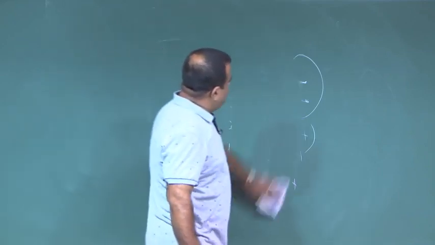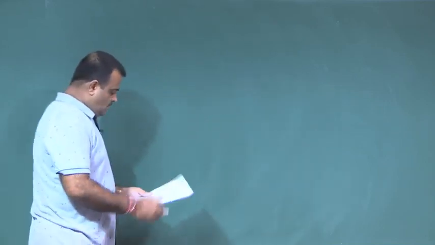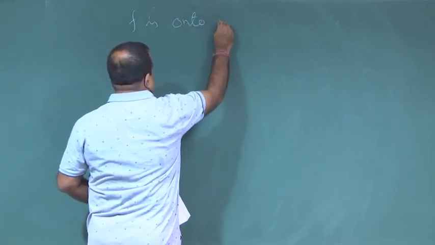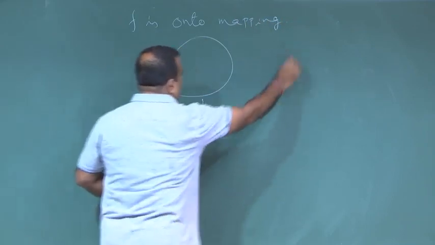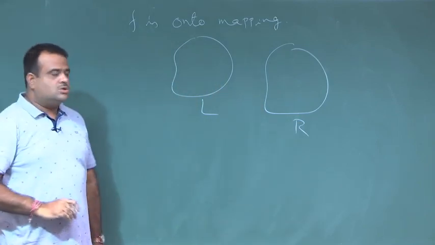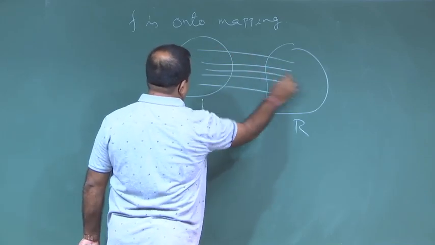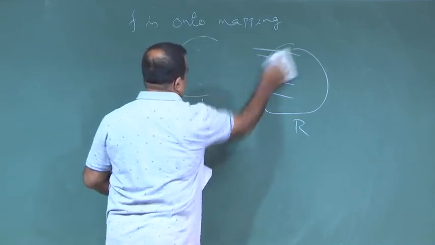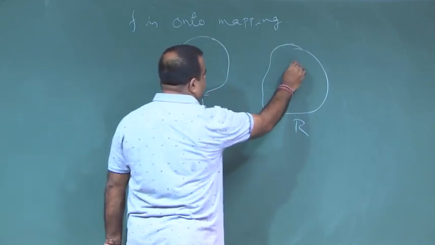Now, we have to show this is onto also, then we can say this is a bijective function. Okay. So, how to show this is onto? So, this is L, this is R, this is the set of all left cosets, this is the set of all right cosets. We have seen this is 1 to 1, the mapping is like this. Now, we need to check the onto part. Onto means if you take an element over here,